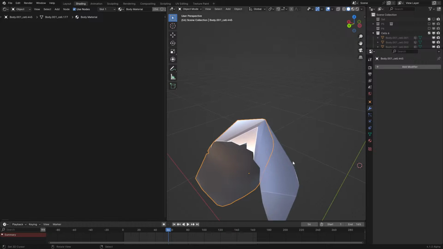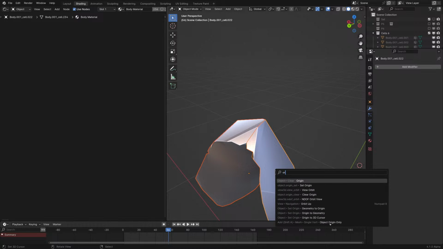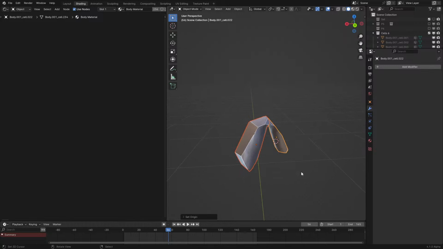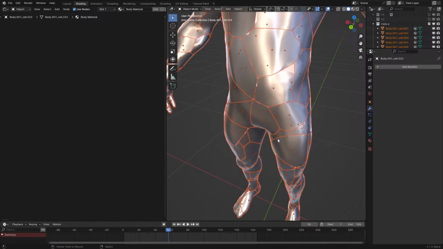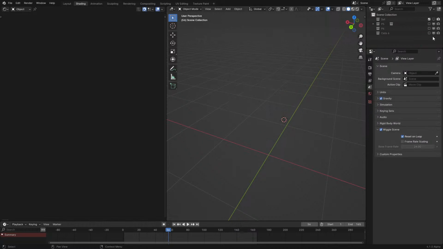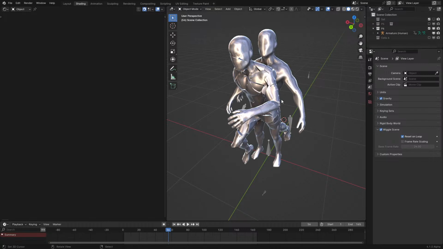There we go, that should be good. Then I just need to do origins to geometry. There we go. So now that should be good. The origins are where they should be. So now that part should be good. Since the method that I have,